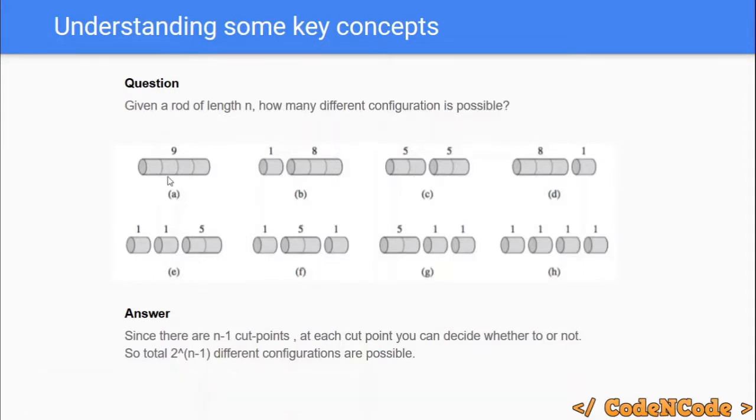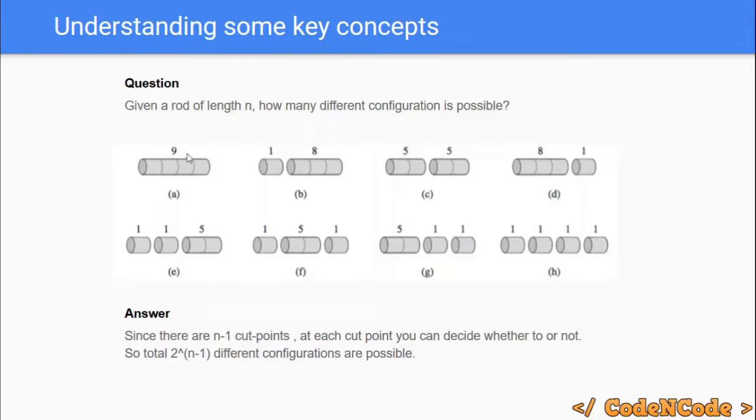If you have a rod of length n, then there are n minus 1 cut points. So for length 4 you have these 3 different cut points. So for a length n rod you have n minus 1 cut points. Now for each cut point you have two choices, either to leave it as it is or make a cut